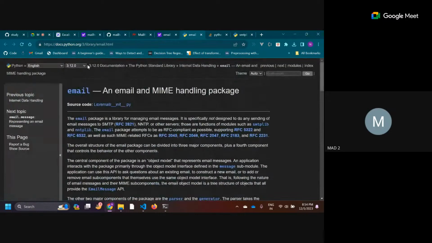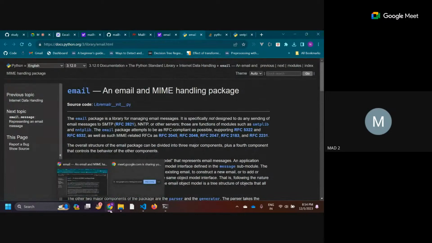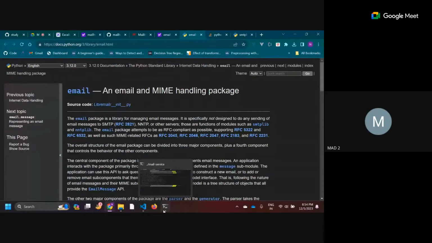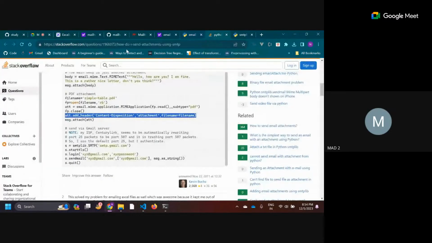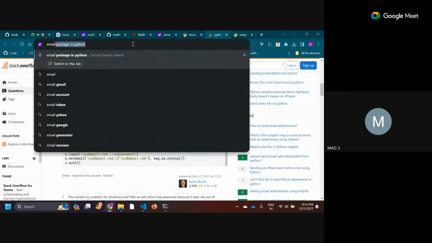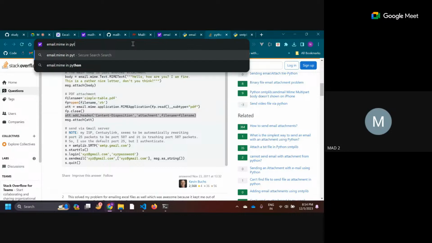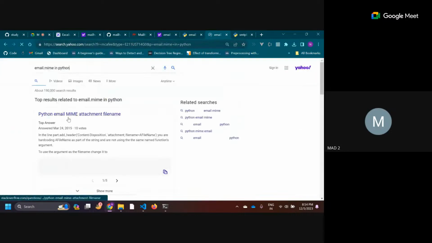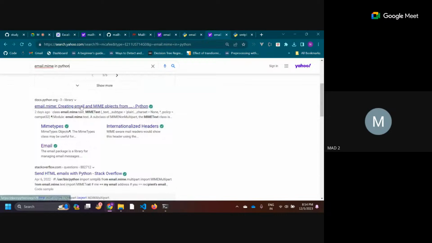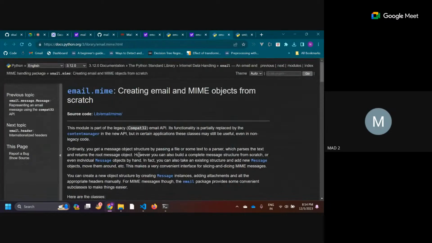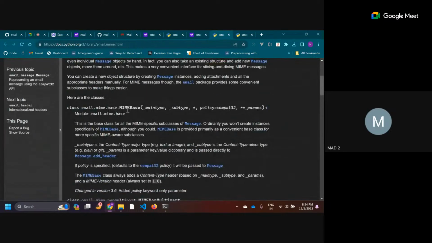Email.mime, I think, is the correct one. Email.mime in Python. Yeah, you can see that this is the base type,